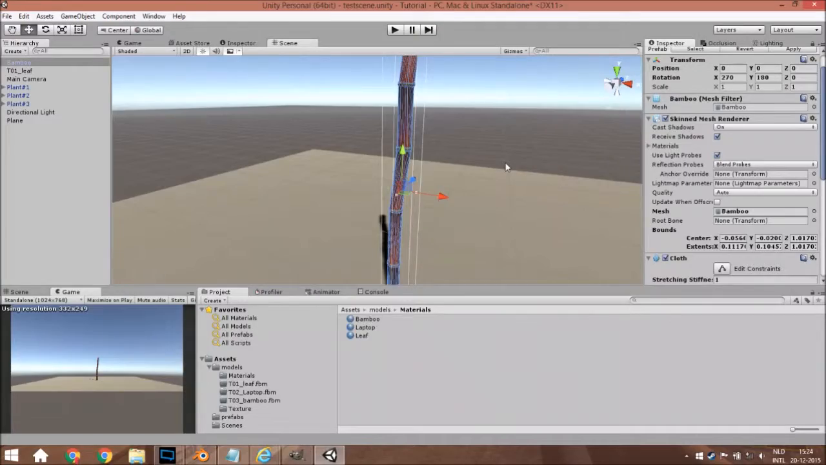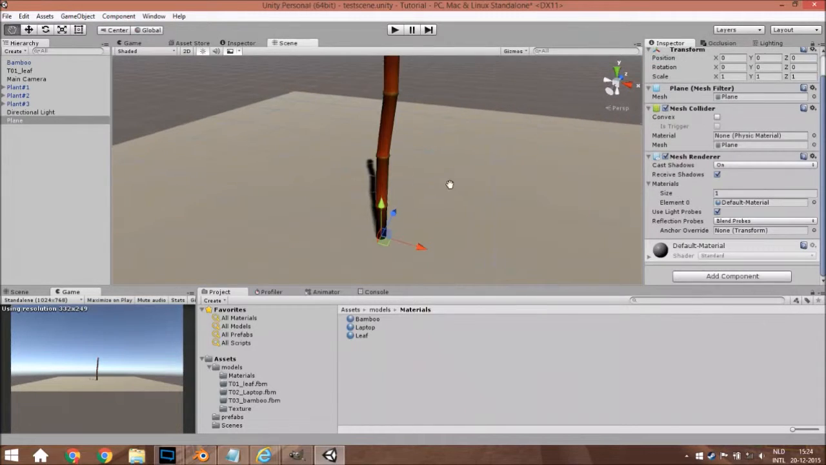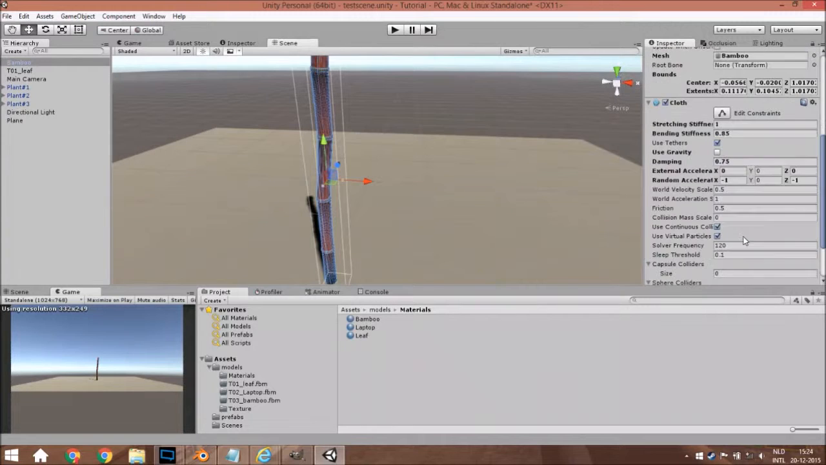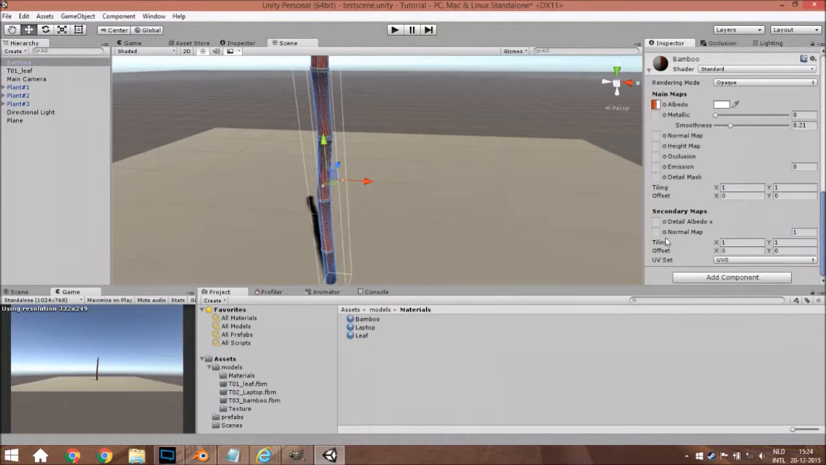Hello guys and welcome to part 4, and in this part we are going to create the normal map, maybe some other things to make the shader look more realistic. So first we are going to make the normal map. So let's go to Gimp